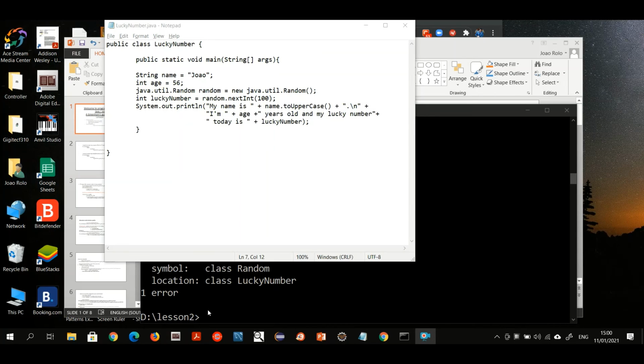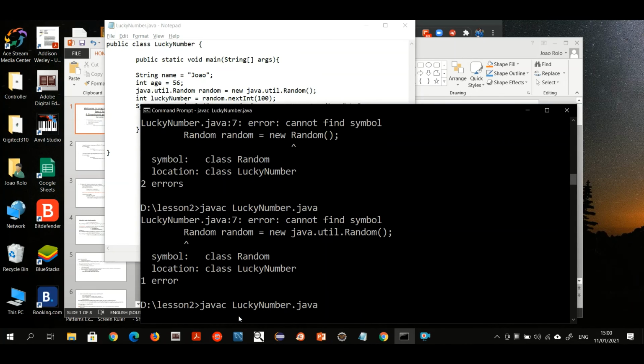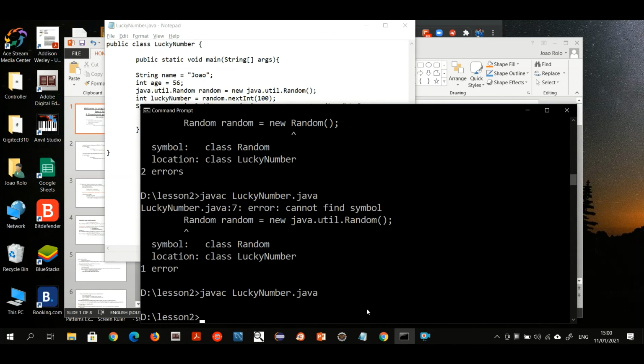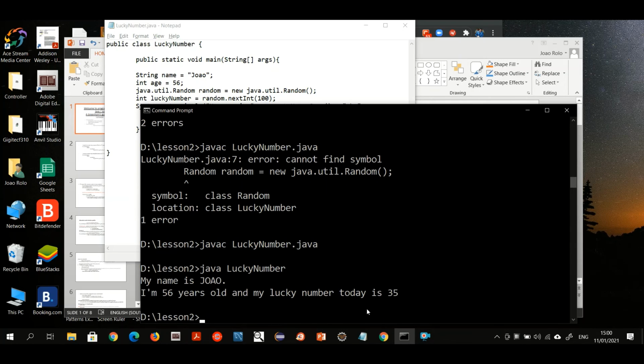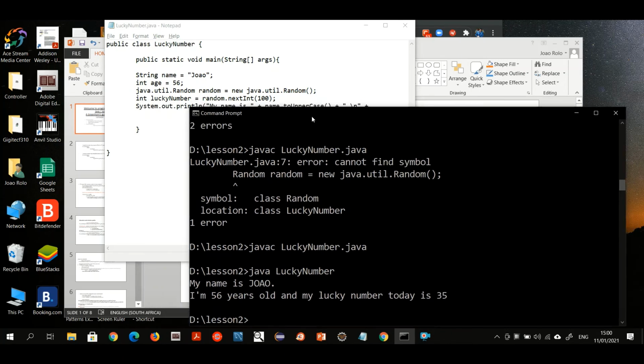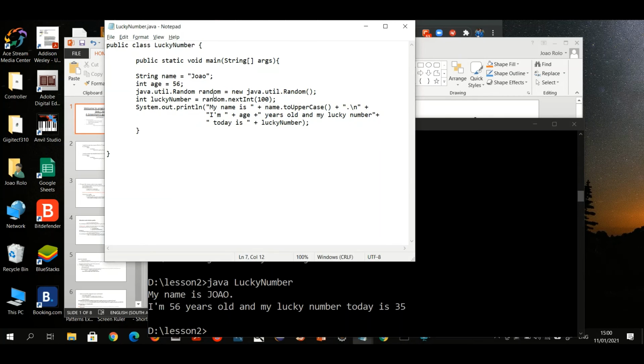So let's just compile it. And there it's happy. And if I run it again, and there my lucky number is 35 now. So you don't have to use your import statements, but then you'd have to type the fully qualified name for every class. And as you write bigger programs, you're going to use lots and lots of classes that are supplied in the Java